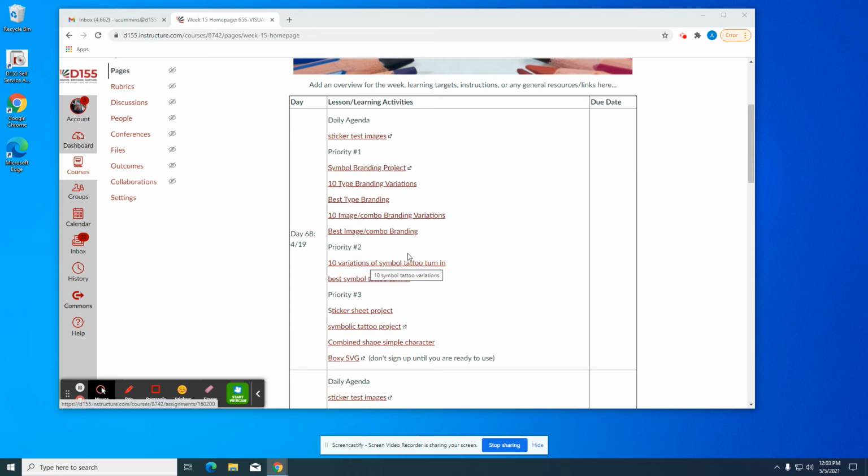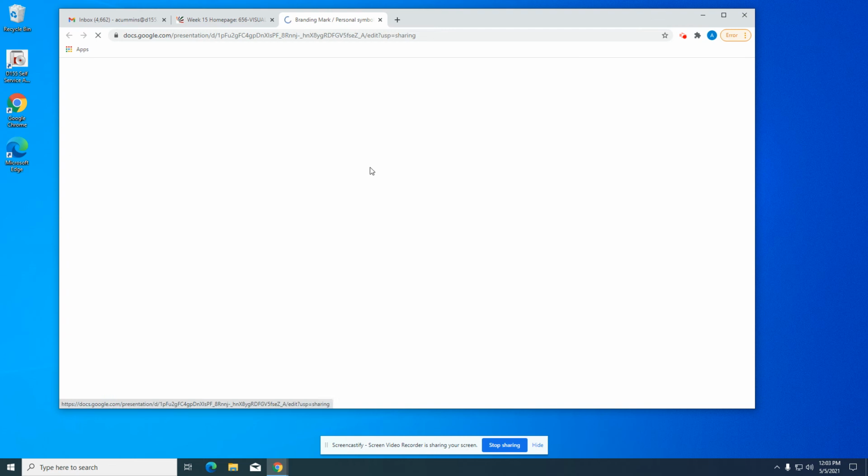Also for the tattoos, most students found it easier to do it in Spark, or if you want to, there is Canva. Canva is similar to Spark, although you do have to watch out for any of the icons that do have a crown because that will want to charge you for them. Whereas in Spark, everything is accessible. So what these look at is you're going to make symbols. So if we look here,